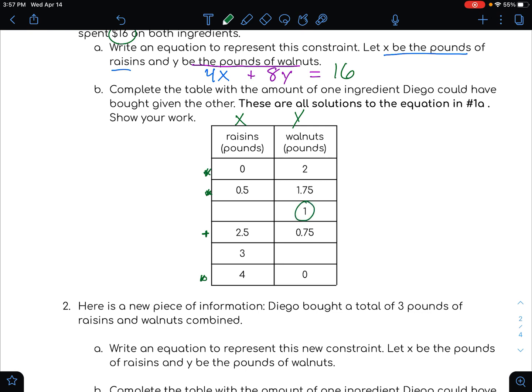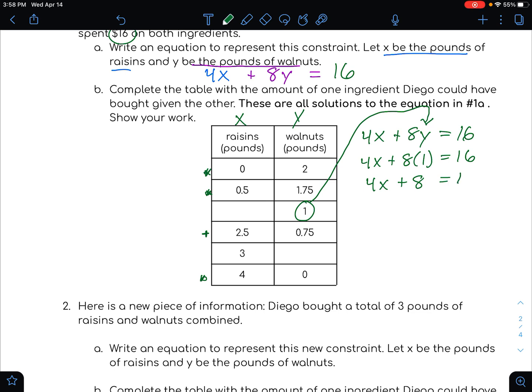So if we know, in this case, that there is 1 pound of walnuts, what would that mean for pounds of raisins? So to figure that out, let's just plug that into our equation. So our equation is 4X plus 8Y equals 16. So now we're saying, okay, well, what if we had 1 pound of walnuts? So that'd be 4X plus 8 times 1 equals 16. In other words, 4X plus 8 equals 16. And now hopefully you're solving with me here. So we'll subtract 8 from both sides of the equation to work our way back to the X, to undo our operations and figure out, okay,